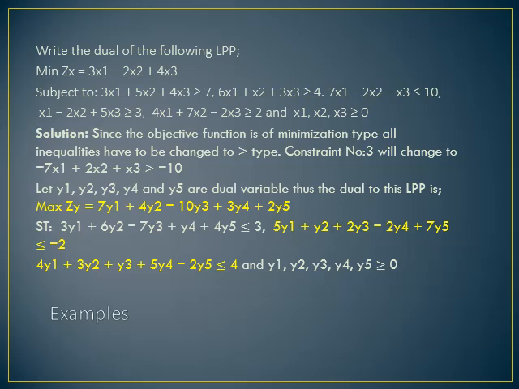So -10y3 plus 3y4. 3 is the constant of the fourth constraint, plus 2y5. 2 is the last constant of the last constraint. Subject to, let's see,